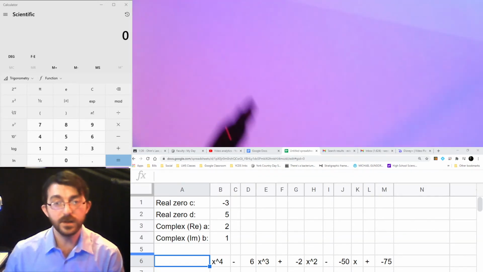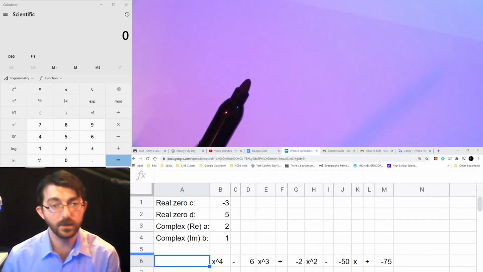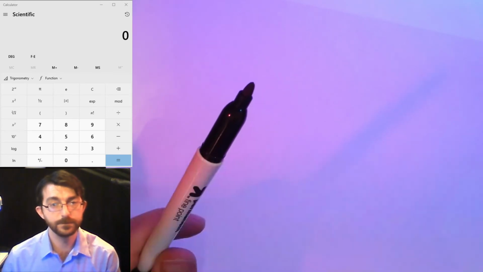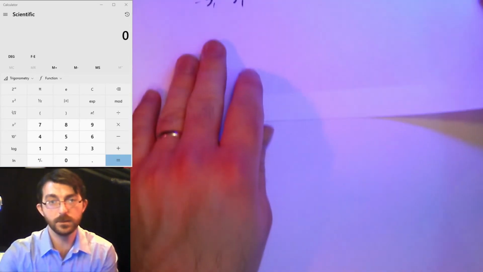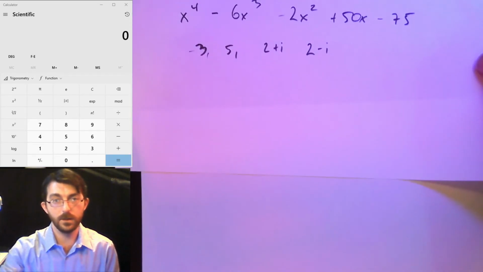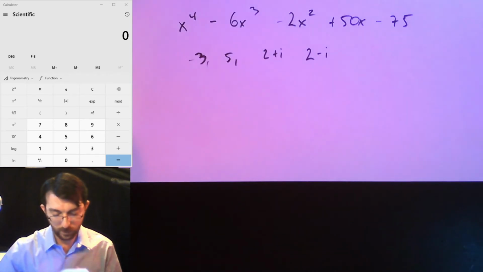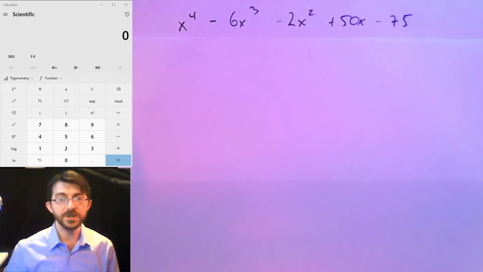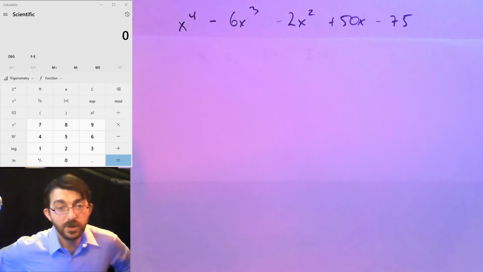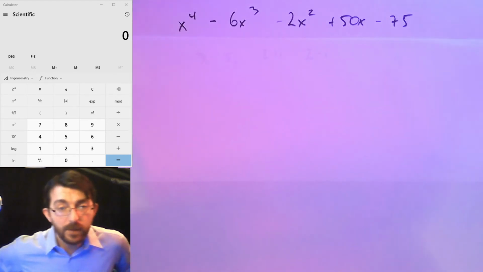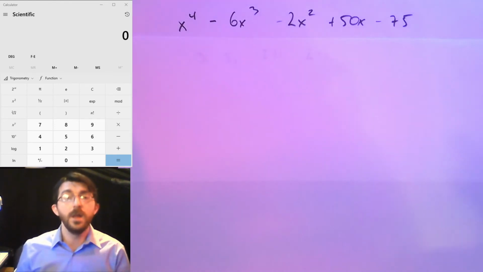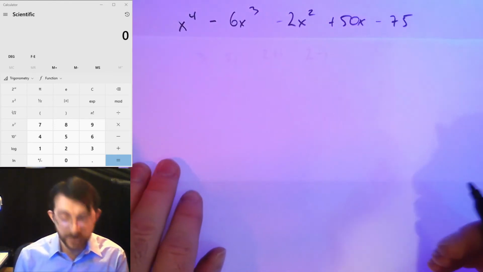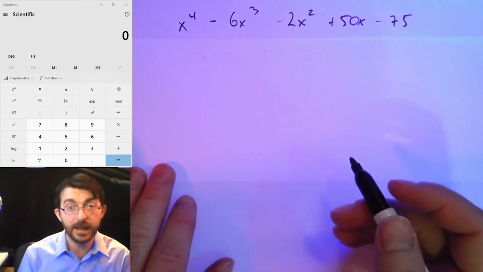All right, let me just make this gone so I have more room. Okay, so there's the polynomial in question. Now, doing the rational zero test, I would try 1, I would try -1, and then I'd probably try 3 first. -3 would be the first one that I actually get, so let me actually confirm that -3 is a